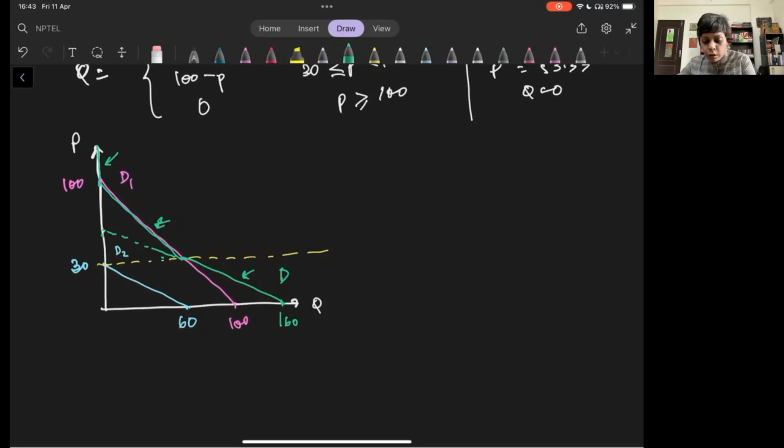Okay. So now if you look at this diagram carefully, in some parts it is almost as flat as the D2 curve, and in other parts it is following the slope of the D1 curve, right? So that means the market demand function doesn't necessarily have to be a straight line at all. This is a kinked line, and that is usually how it's going to be.